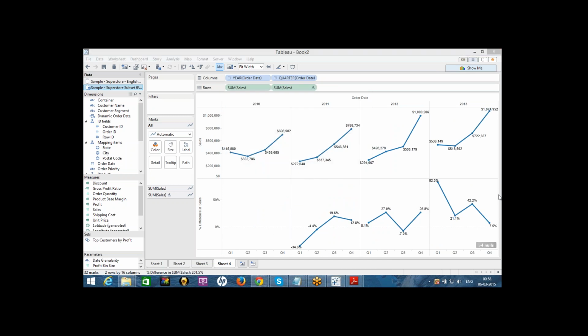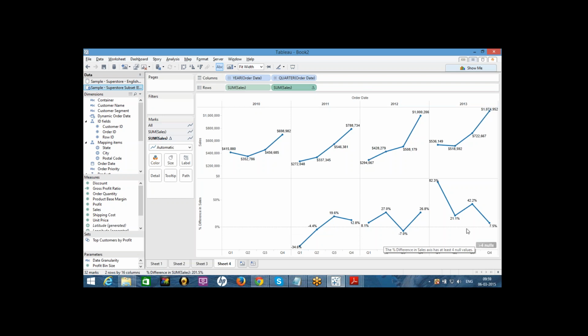The difference here, I wanted to show you. When I applied percent difference at the year level, I got only one null value, and the same when I applied it for the quarter date, I got one null value, and now at quarter date when I applied year, I got 4 null values. It means I'm giving you percent difference for each quarter.